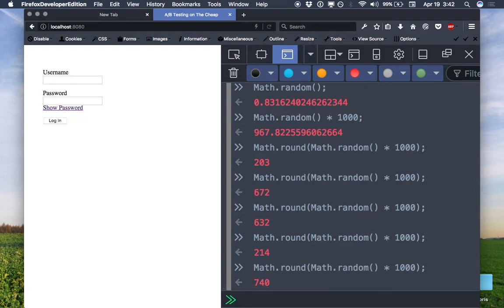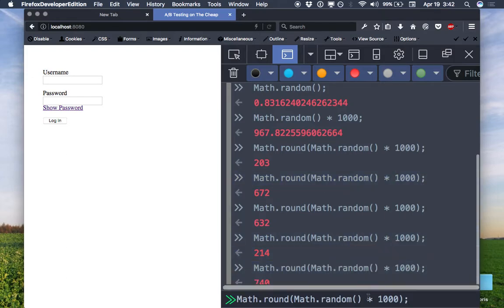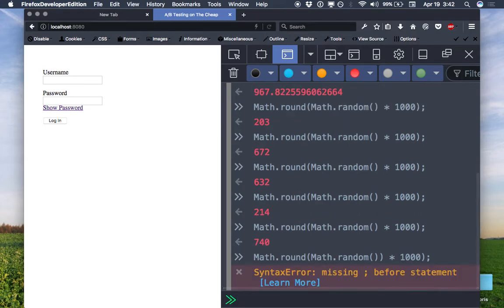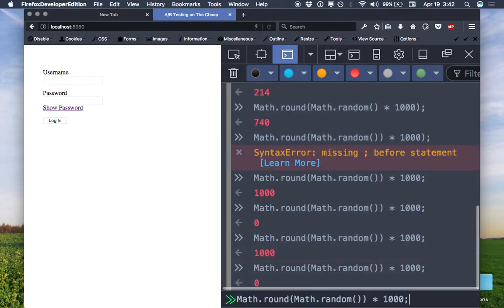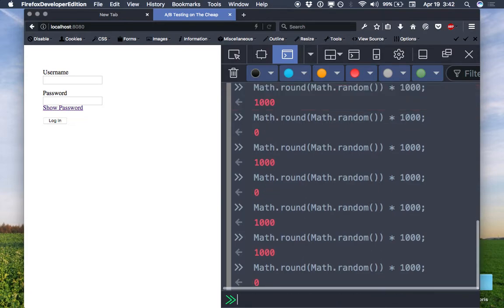Which doesn't get us to 50-50 quite yet, but what it does get us closer to is that these numbers may be even or odd. Oh, and before I do that, I should say that we don't want to round the random number and multiply that times 1,000, because first we're going to get a big ugly syntax error. Math.random times 1,000. Oh, right, because we moved that thing. Although this could work too, where we do 1,000 or 0, something like that. I suppose we could do that, but we can't do what I want to do, which is to determine whether the